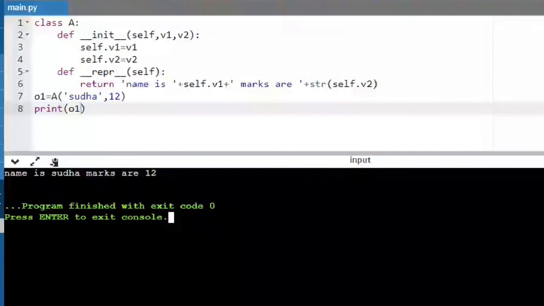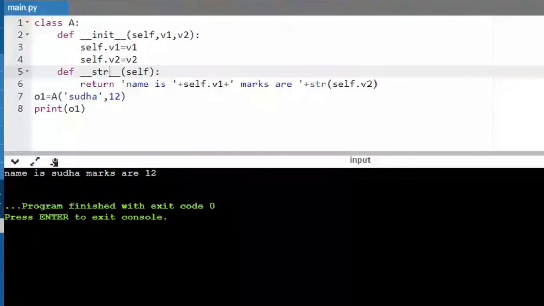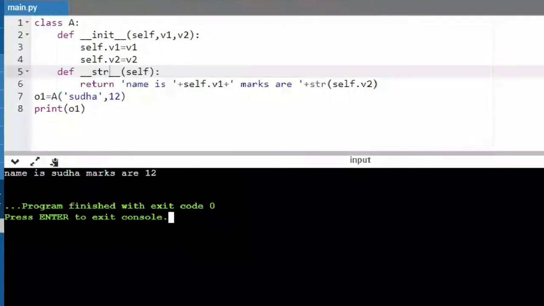In a similar way, you can override either repr or you can also have str. Okay, so when I use str, you can see the same answer is printed. So repr and str both are used to print the object information in the string format. Okay, right. So I hope it is clear to everyone. Yes, ma'am. Yes, ma'am. Let's move into the concept of public and private data members.